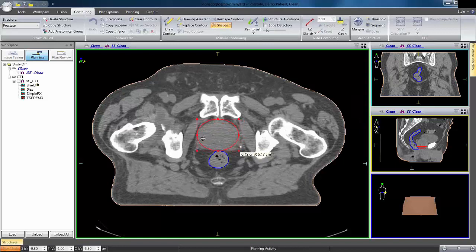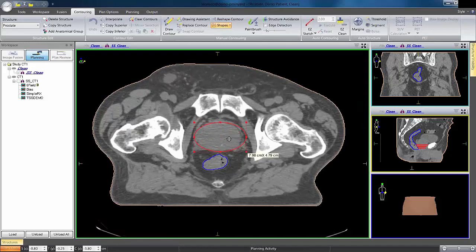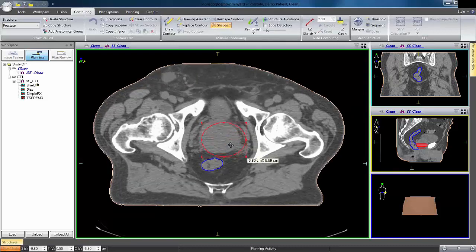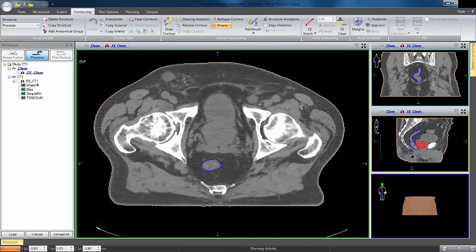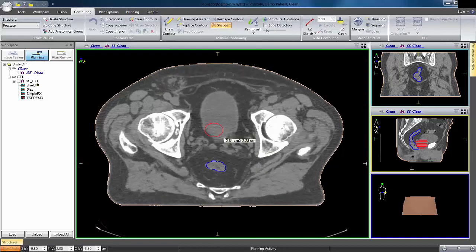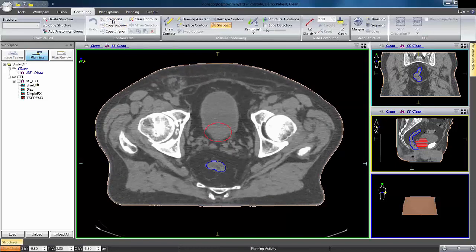And you can move this around and stretch it if you need to in any direction. Just get to the top here. And I'm just going to call that the top of my prostate. Okay. And pinch up. Okay. So there we go. Right about there. So if I just come up here and interpolate, now I've got a prostate structure that I can work with